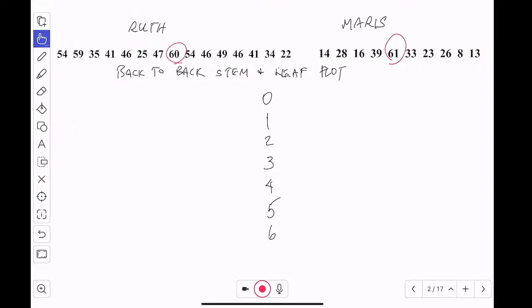You just say, leave it to future research, unless I tell you exactly what to do, then you follow my direction. Draw it different ways and see which one you can defend. So I'm going to put Maris on this side. This is the stem that they share, and then this will be the leaf. And for Maris, oh, I have to put the numbers in order, so let's do that.